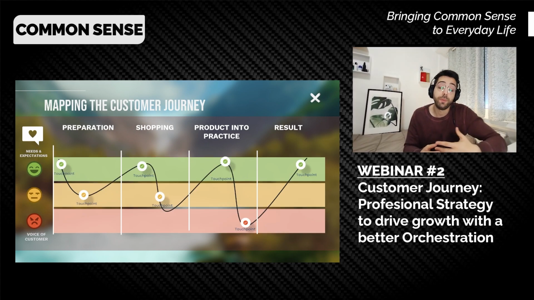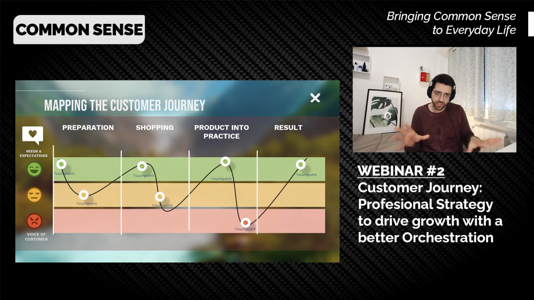What we should be aiming for is something more like this. A map of a customer journey where we have more positive touch points. The customer doesn't need to look for us. We are already there, waiting on the line for the signal to appear. He doesn't need to make a lot of effort looking for us. Yes, there may be many options, but when he sees those options, we immediately give him the pros and cons and what he actually needs. We made it easy to come to our shop and try, like Sephora did.